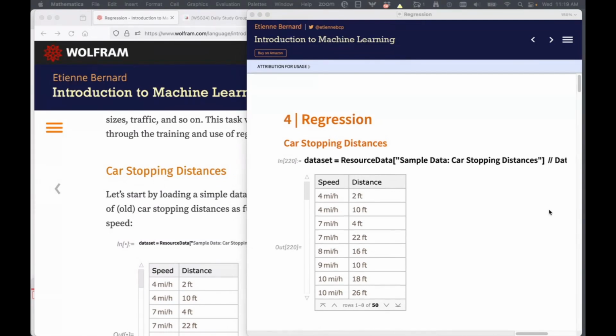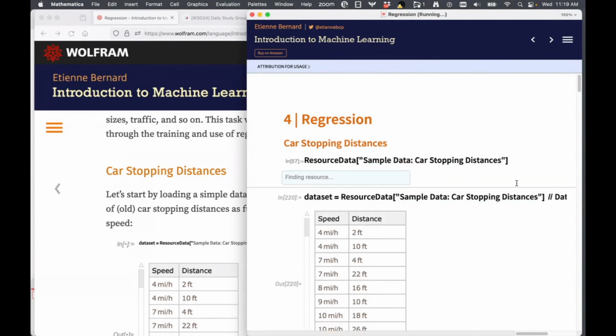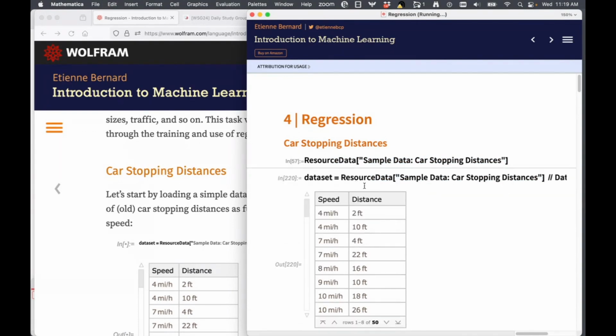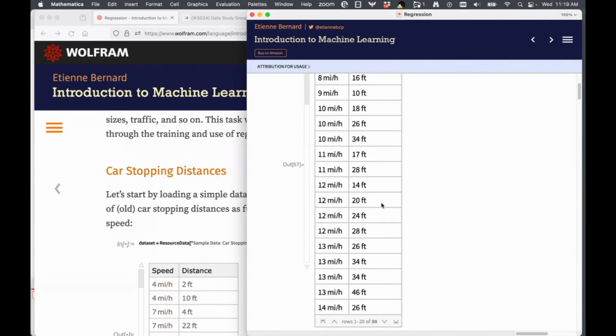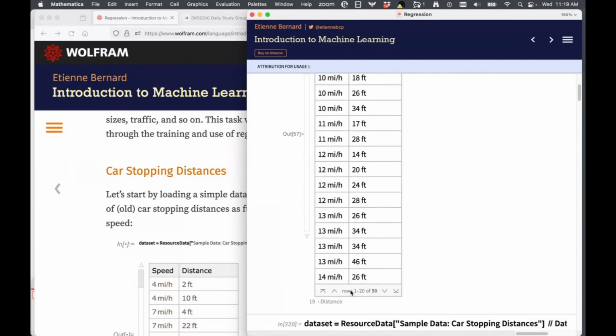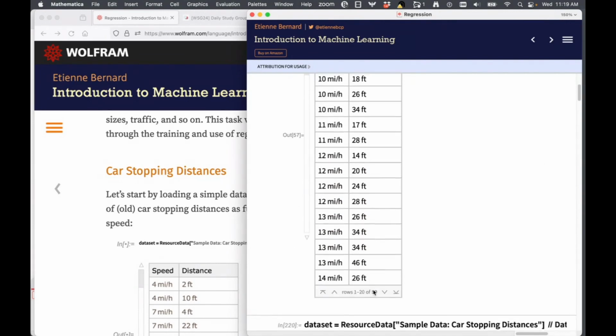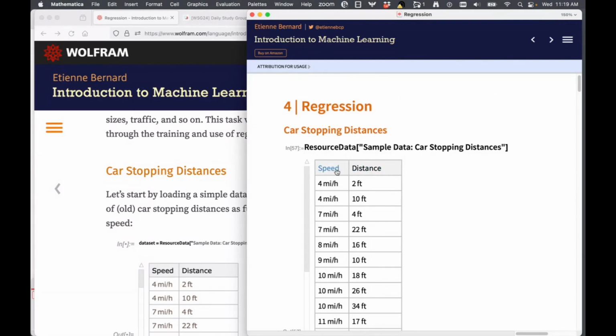We will start out with the car stopping distances dataset. Again, note that we can get it out of the Wolfram data repository. If you just copy that and run it, you will get that data here, and you can see it's a pretty simple dataset. It has 50 rows, 50 samples, and has two features, speed and distance.